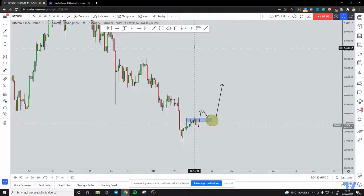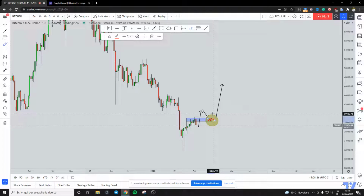So if we get a break and a retest inside of here, we would be monitoring price action from an intraday perspective, waiting for the market to shift from an intraday bearish market to an intraday bullish market. And if the market shifts from intraday bearish to bullish and provides us one of our valid entries, at that point we would be looking for a potential long with a good risk to reward and good probabilities for the move to the upside and for the market to complete this impulse, correction and impulse pattern to the upside,